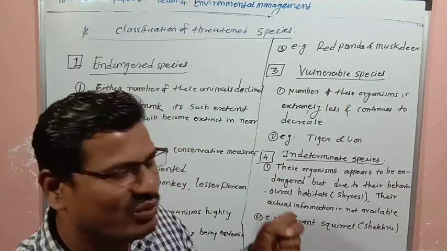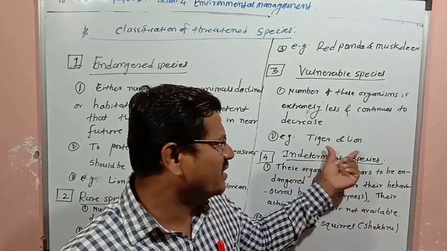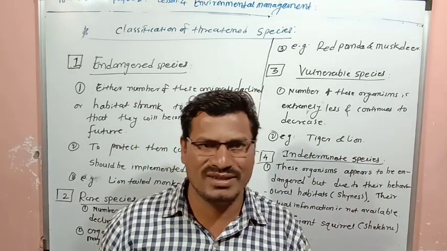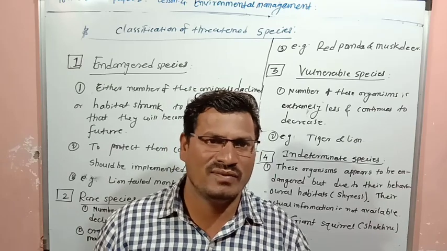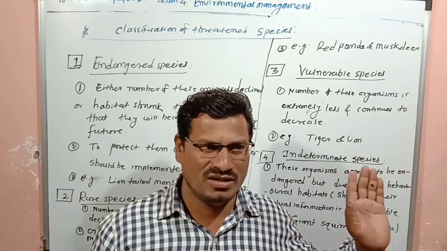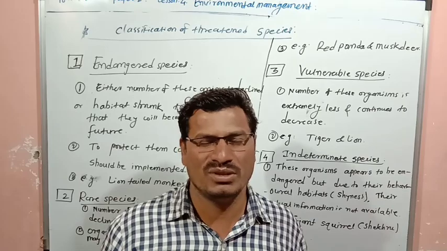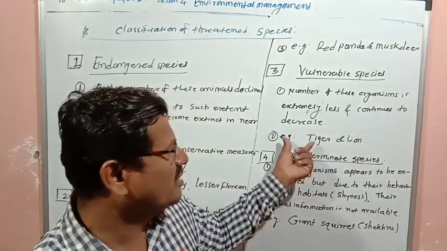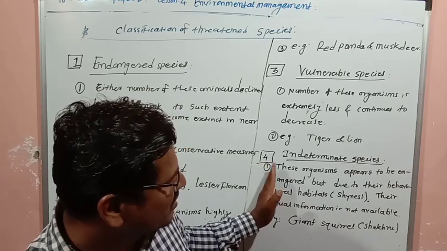So which are the vulnerable species found in India? Tiger and lion. Already their number is less. Rarely we are finding some tigers and lions. These are coming into human settlements. So their number is already less. The next, fourth point is there,